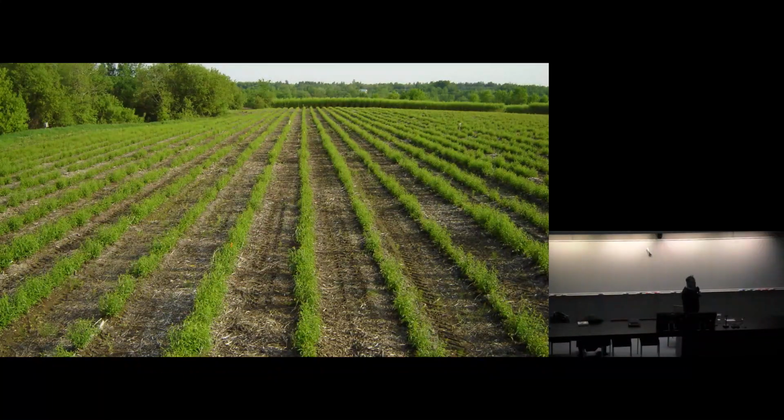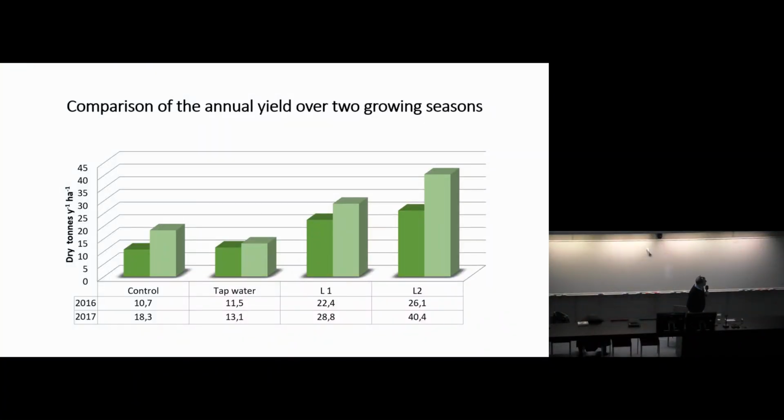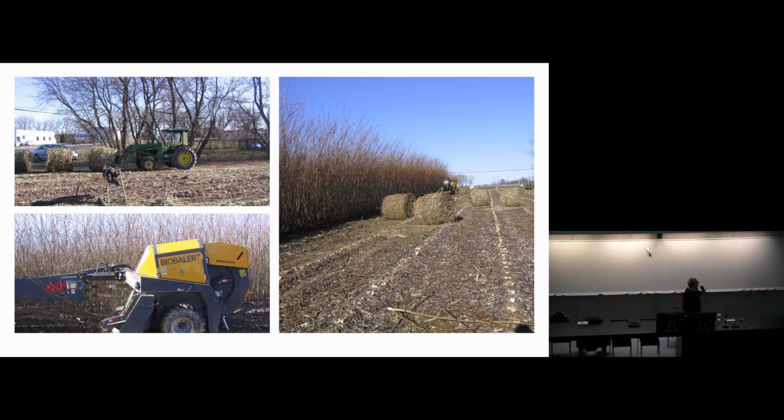because willows are able to resprout without having to plant. And again, you cut the plant, and by new buds, they are able to sprout and to grow new stems and leaves in the spring. This is the biomass that we produced using different treatments, which was sometimes very high. And this is a moment where we harvest the biomass to be used for heating